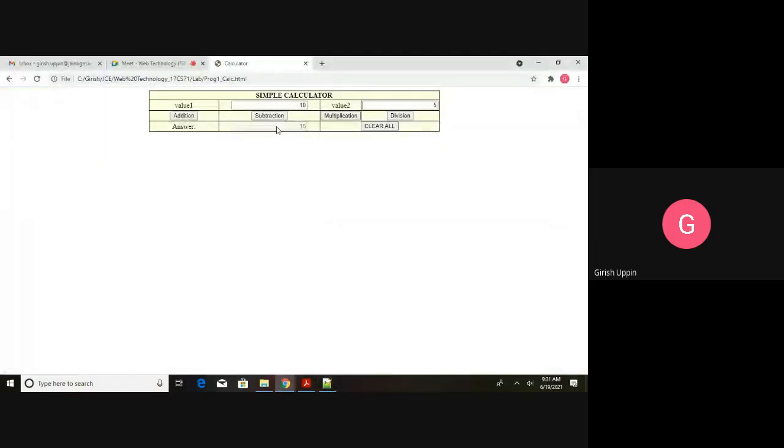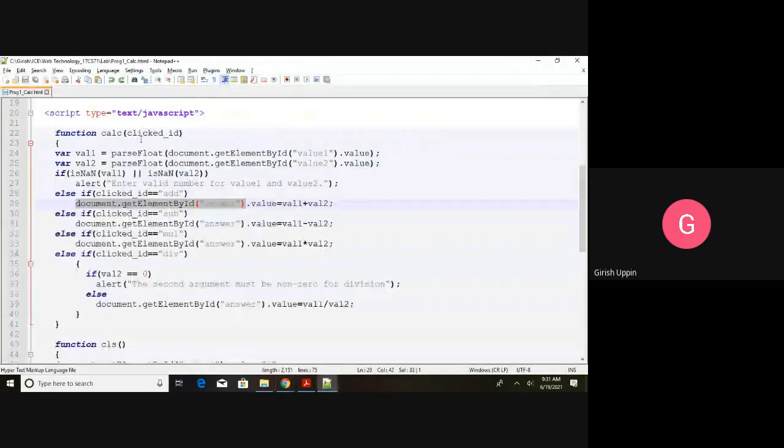The same thing if I click on the subtraction. Now what happened? The subtraction button's onclick event triggered, and it called the calci function, and it sent the id as sub. So the same thing happens here. This value is 10, this value is 5. It will come here. This is false because this is 10, this is 5, right?